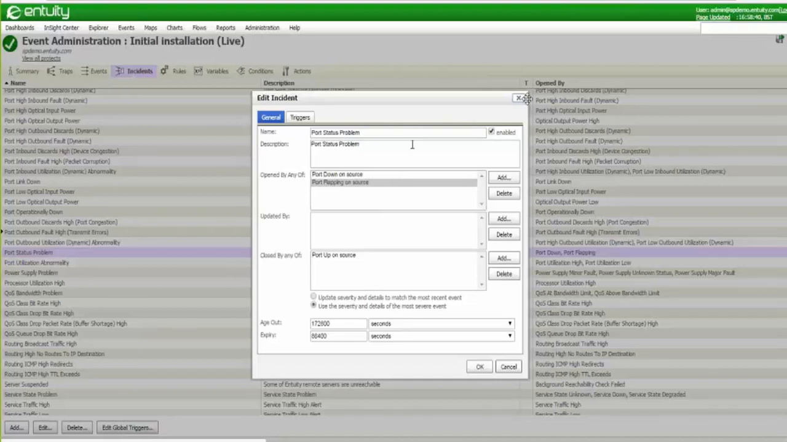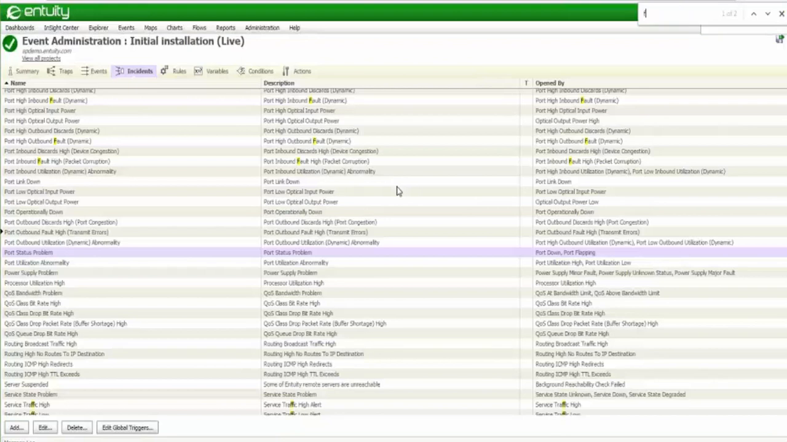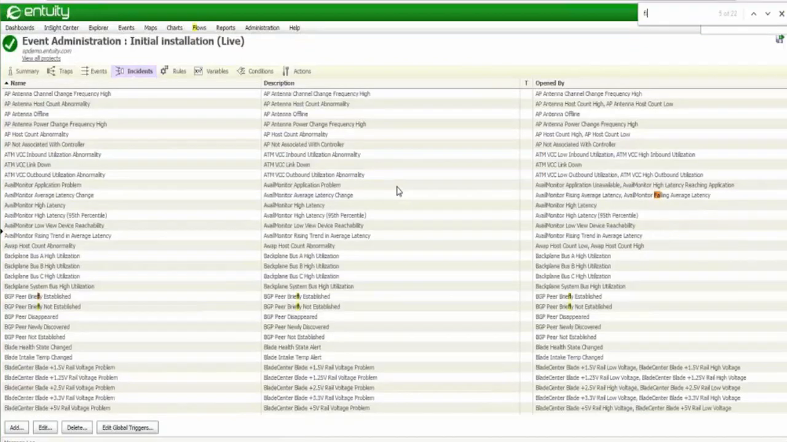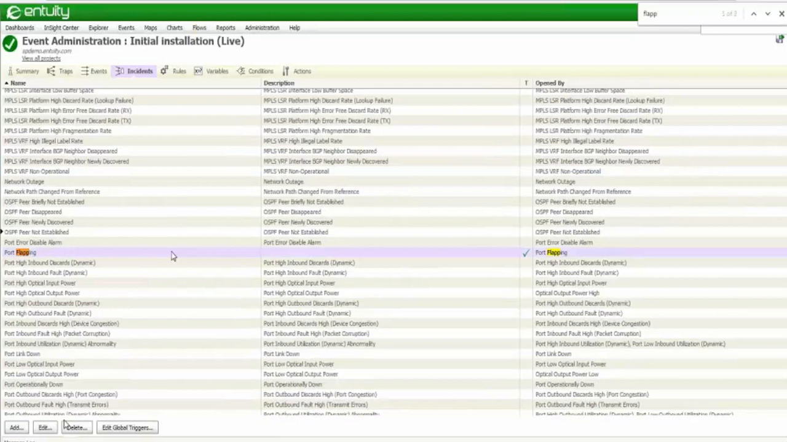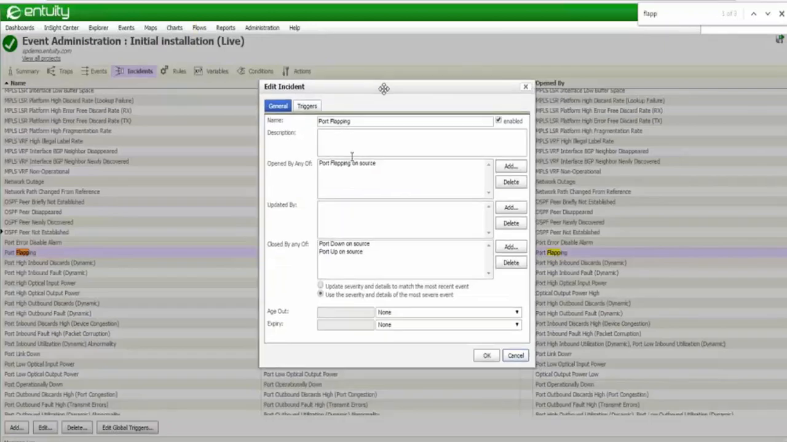So the way I've achieved that is I've created a separate incident called port flapping, and this port flapping incident can only be opened via the port flapping event. So if we determine that our interface is flapping, we will get the port flapping incident. And this is the incident where we can implement the action or implement the shutdown task, as I mentioned in the use case. Other thing to mention is this incident can be closed by a port down or a port